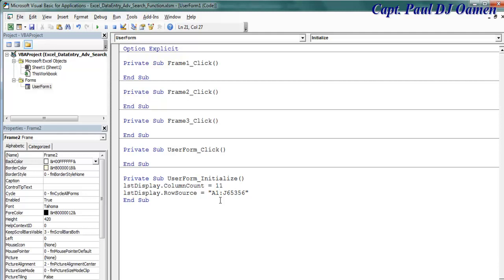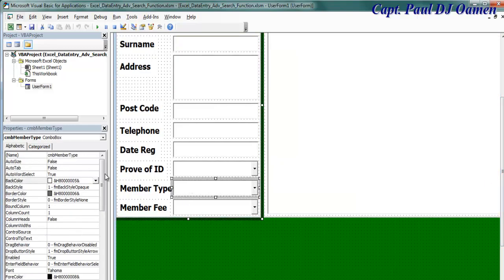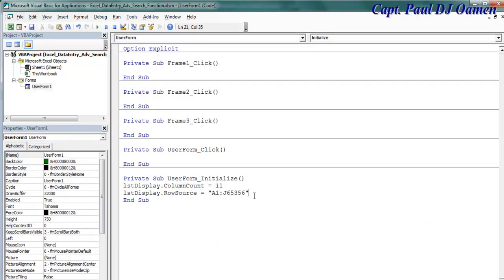Now that is sorted. The next thing I would like to do with this initialization process is I would like the member type right here. That is the combo box called member type, then evidence, provide evidence, and the fees. So let's go back inside the initialize form. So I'm going to enter combo box member